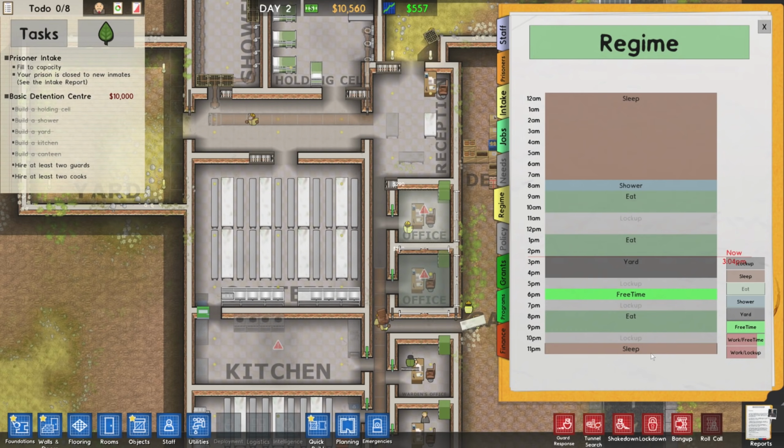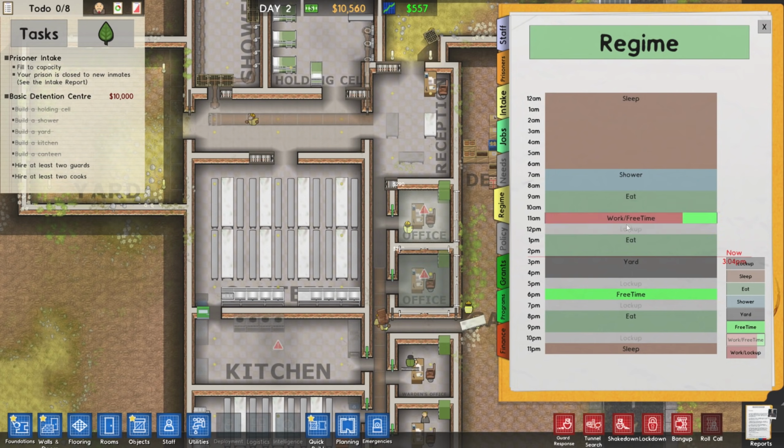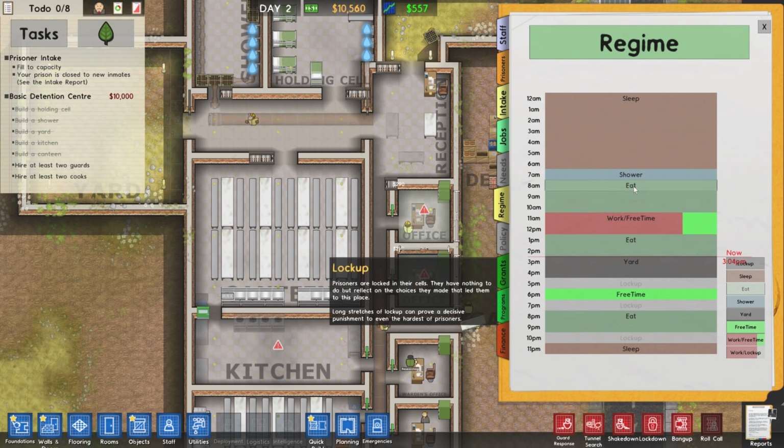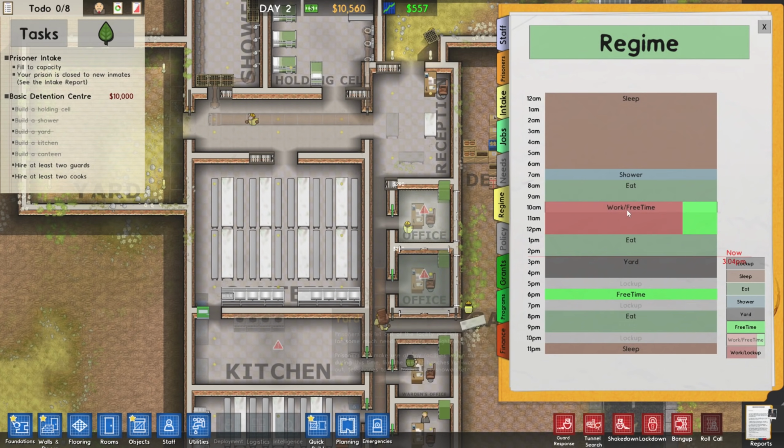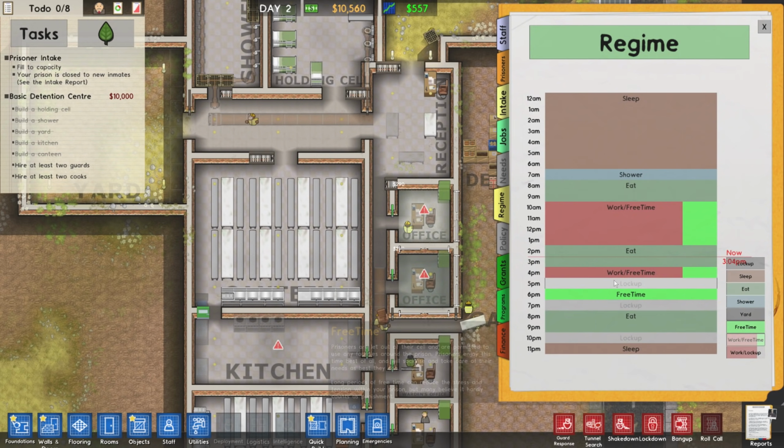So they sleep at 11, so 12, 1, 2, 3, 4, 5, 6, 7, and then they wake up at 8. I think they could probably wake up a little bit earlier. So they can wake up there. So they shower, then they eat, and then they can just have work and free time, we could probably just cut that back a little bit. So work and free time there. And then they can eat for 2 hours, and then they go back to work / free time up until,